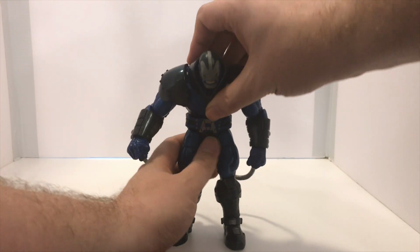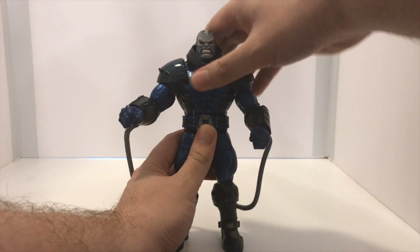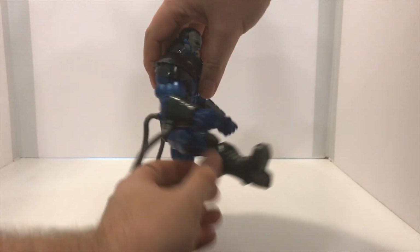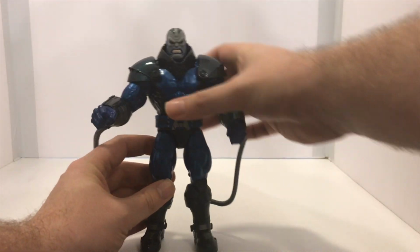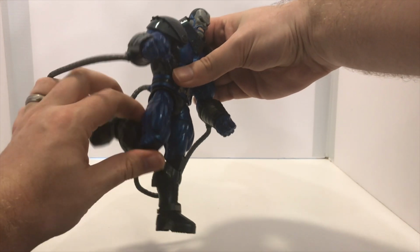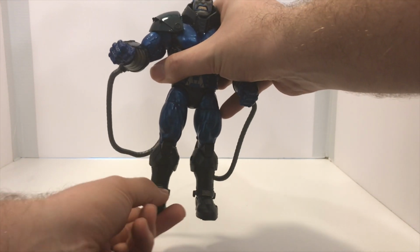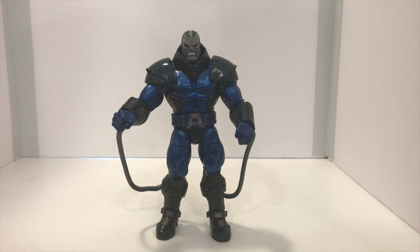He does have an abdominal crunch, which does allow him to move back and forth. The neck piece does move as well on him. He does have a hip swivel. He can kick this far forward. He can't really kick very far back. He can do pretty good splits. He does have upper thigh swivel. He has double jointed knees, which work really well. He does not have the upper boot swivel, and his ankles do allow him to point down, up, and they do give some swivel. So let's go ahead and move on to comparing him with some other figures that I have in my collection,